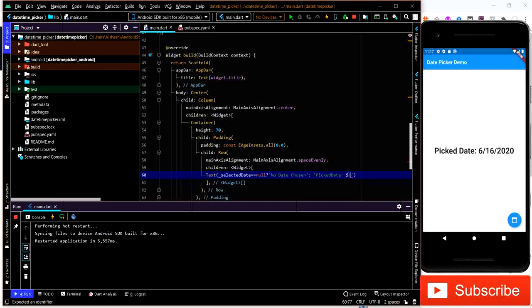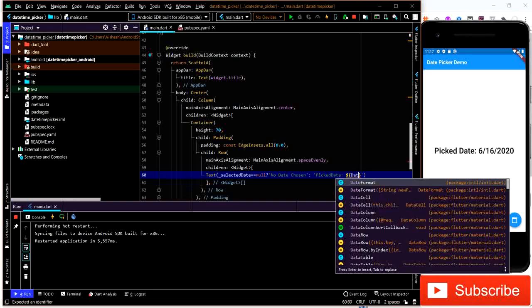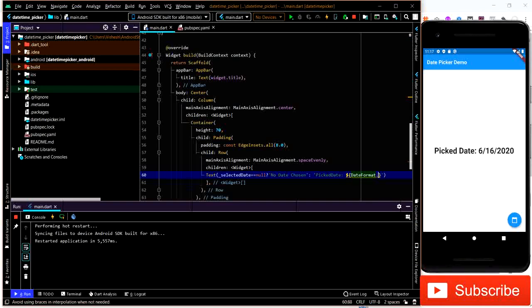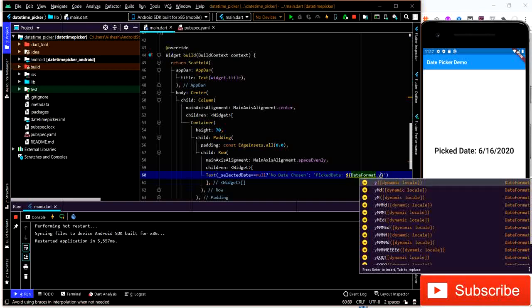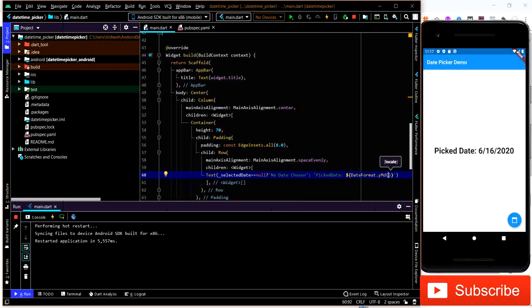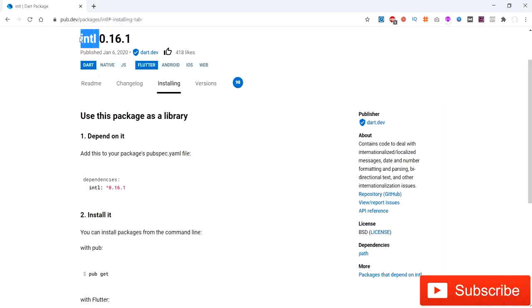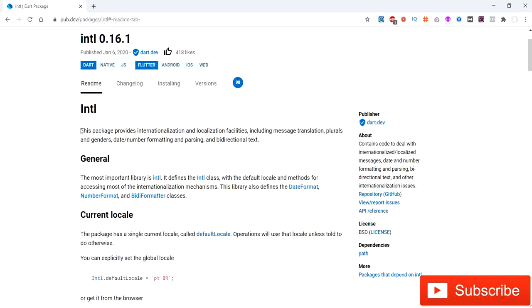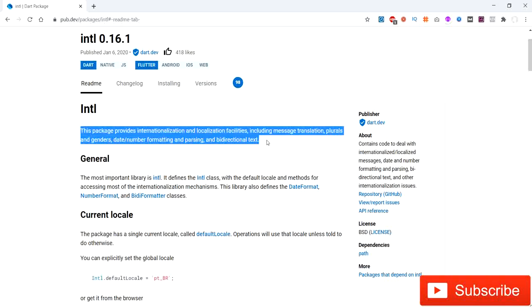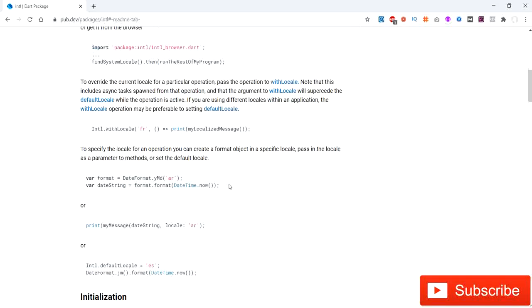which is, so here we'll be using the intl package. So we'll be providing it with DateFormat.y. Now when I type in y, you'll see a lot of options available here. You can check for the intl package on pub.dev for the same. This is where the package information comes up. You type in intl and you will know that this is a 98 score package, and it is developed by the Dart development team. So you can pretty much rely on it for consistency. It gives number formatting, and you can read about the documentation here.